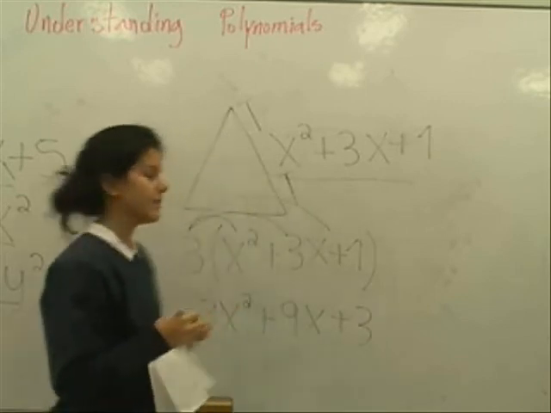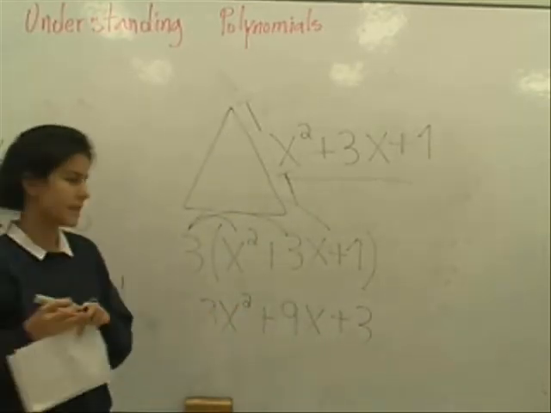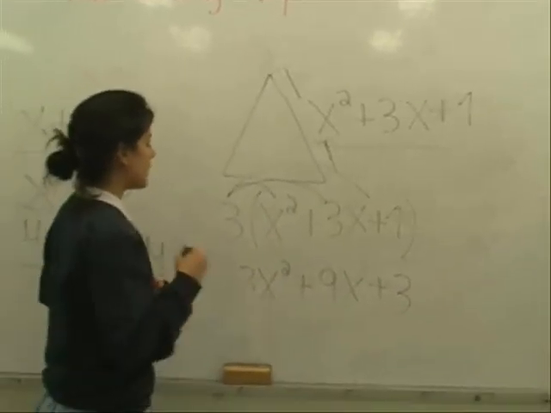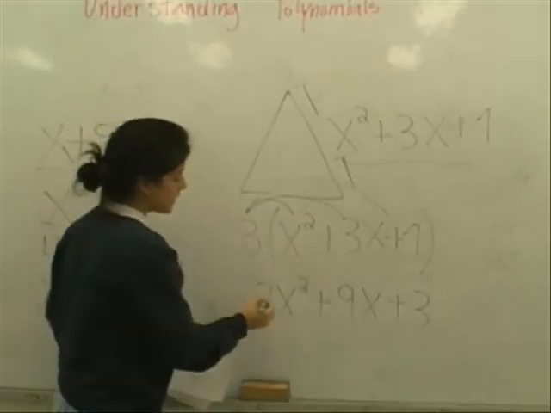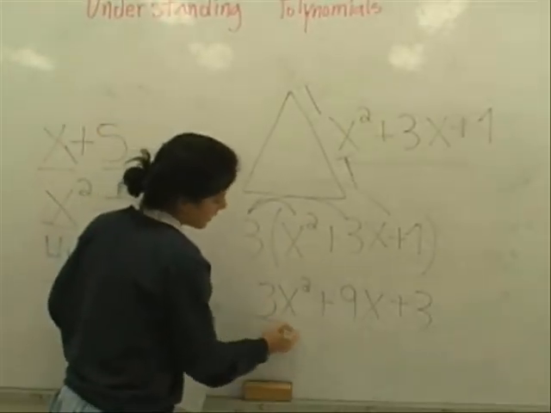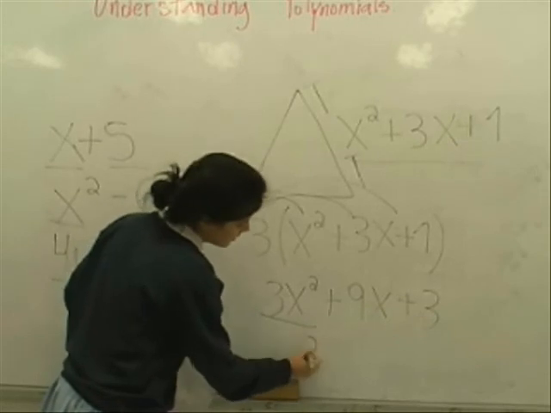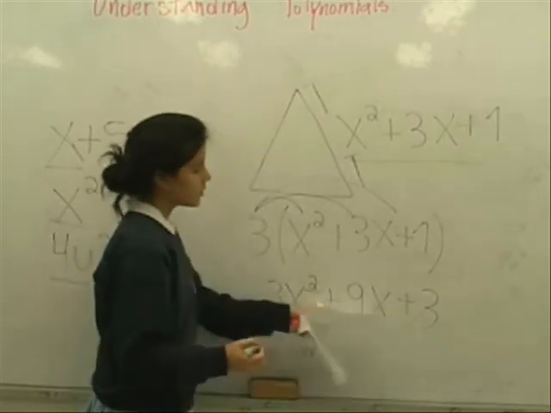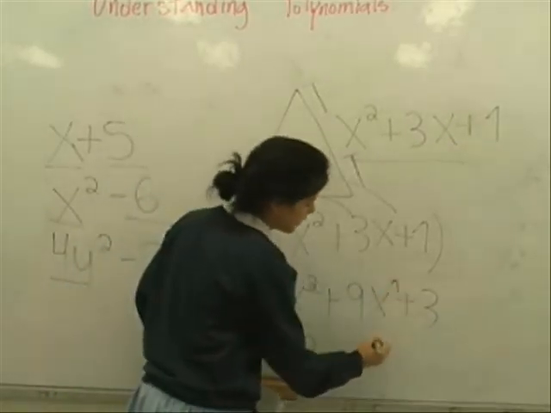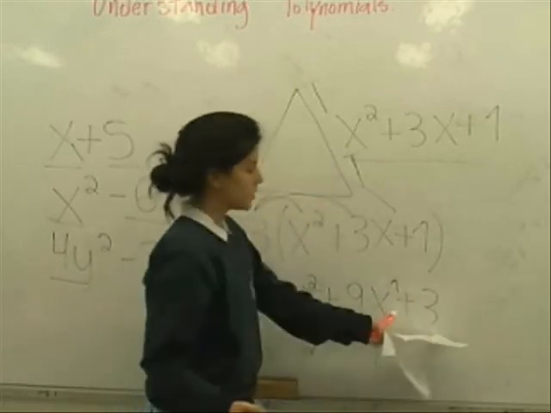Now let's check if this polynomial is written in descending order. So the degree of this term is 2. The degree of this term is 1. And the degree of this